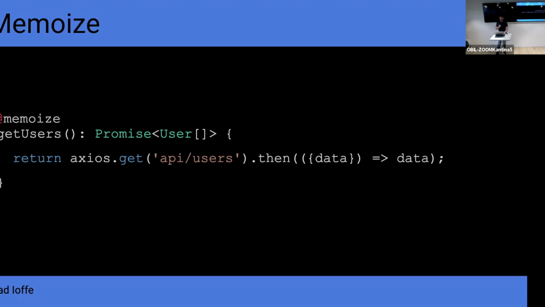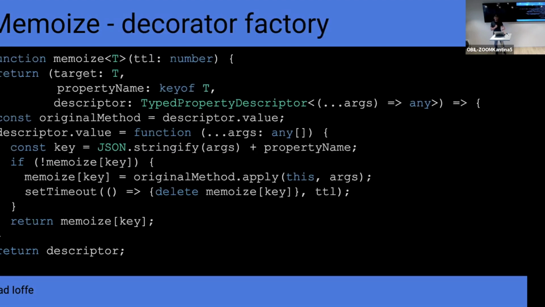So how can we extend our decorator in order to have this behavior? What we will use here is a design pattern called decorator factory. Basically, this is a method that generates decorators. So if we take a look at the first line, instead of having the method that we had in the previous slides, now we have the memoize function receiving a TTL. TTL is the time to live. And what it returns is the decorated method that we saw in the previous slides. The only difference here